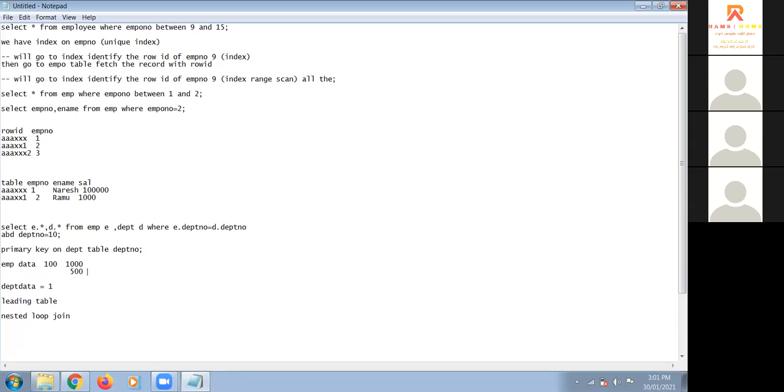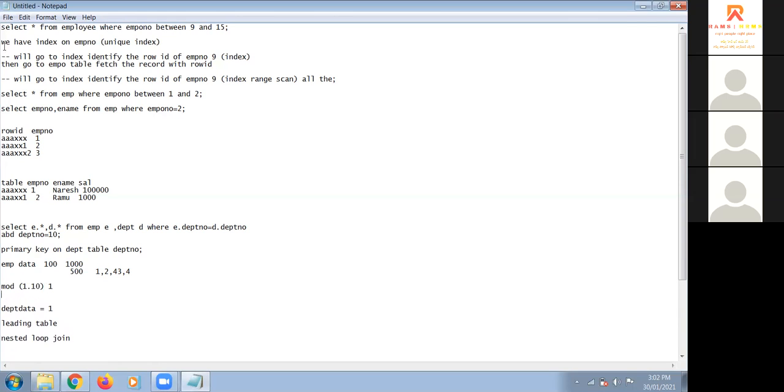So in case of hash, for example, here department number equals department number, we have a hash join. It will generate the hash value for the department number. Since it is holding fewer records, 500, it will first create a hash table for this department number. For example, 1, 2, 3, 4 we have, right? Like this. I'm just giving an example of how a hash will be generated. Mod 1, 10, 1, right?